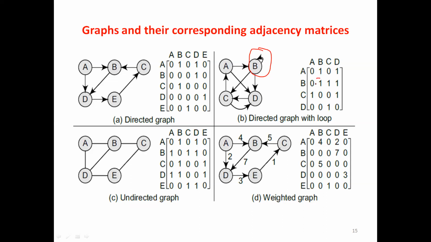When you look at this point, B comma B, what is B comma B? It is 1. It is enabled as 1. Is there any difference here? No. Since it is a self loop, some bit on the diagonal is enabled as 1, because some of the vertices have self loops.